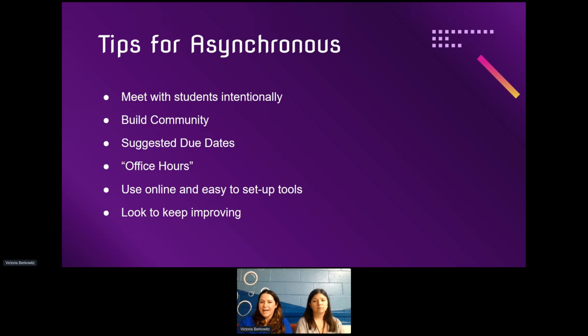So some tips I have for asynchronous is to meet with students intentionally. And I realize that this may seem like it's not asynchronous if you're meeting with students regularly, but they're still working through most of it on their own, but just having that intentional meeting. So I set it up to be once a week. It doesn't need to be once a week. It can be whenever, whatever works with your schedule, whatever works with the student's schedule, but just having that intentionality,